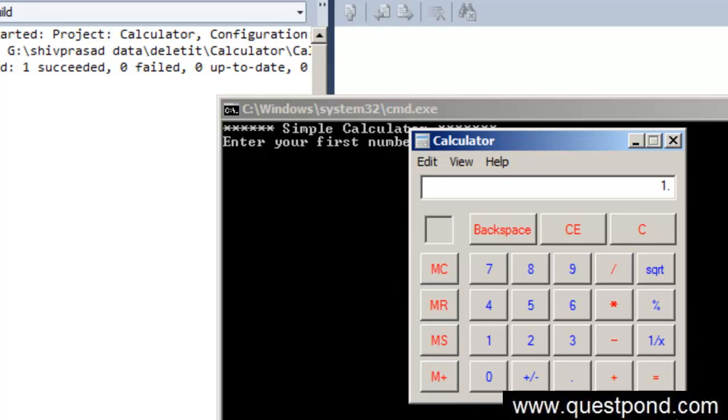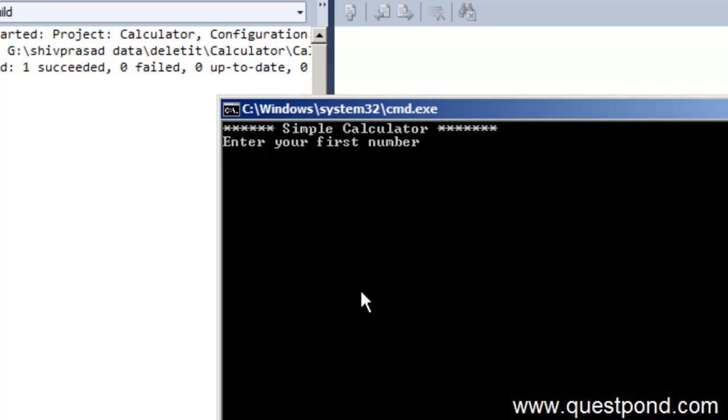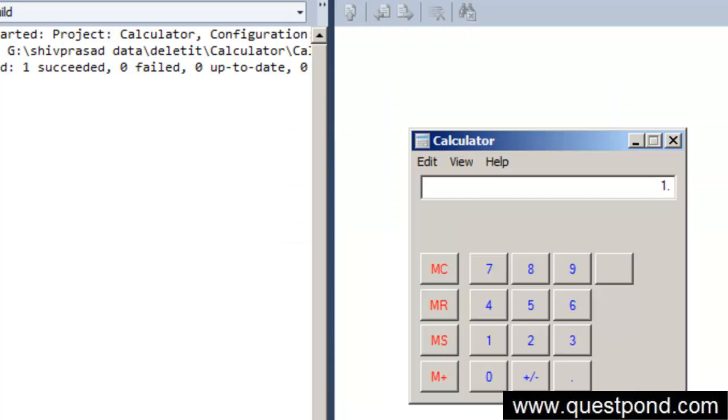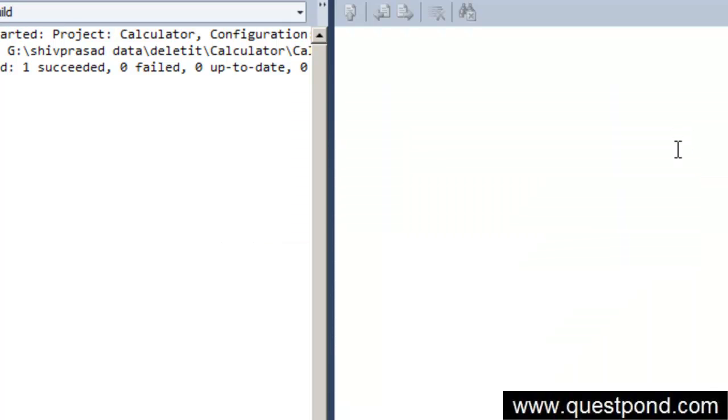And that's by creating a Windows project. Till now, what we have done is we have been creating console application projects, and console applications have user interfaces like this. There are no buttons, there are no text boxes. It's a simple interface. So how do we create a Windows application and make our user interface much better? So in this lab, we'll see how we can create a Windows application using